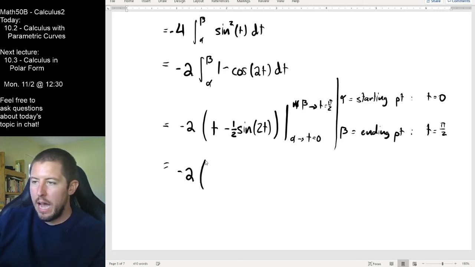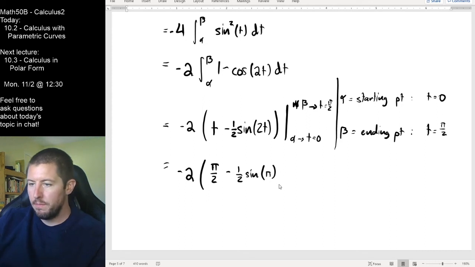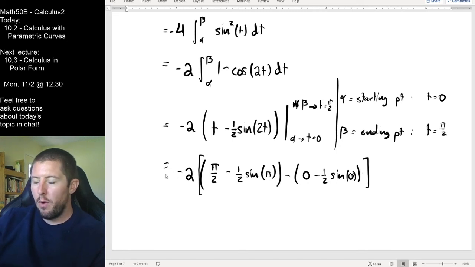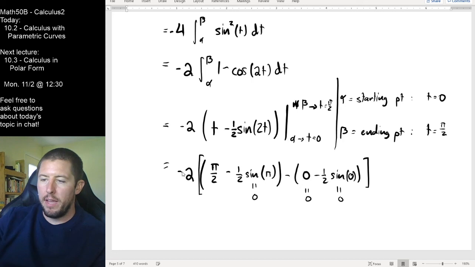We're going to get -2 times (pi halves minus 1/2 sine of pi, because that was 2 times pi halves, minus 0 minus 1/2 sine of 0). And notice that what I'm getting for my answer here, notice that this is equal to 0, this is equal to 0, this is equal to 0. So all I'm getting here is just these parts, which is giving me